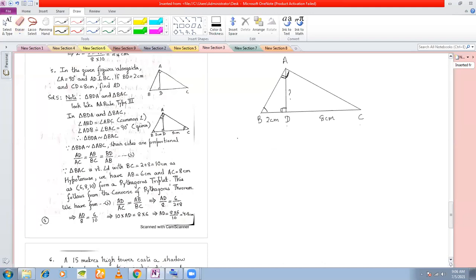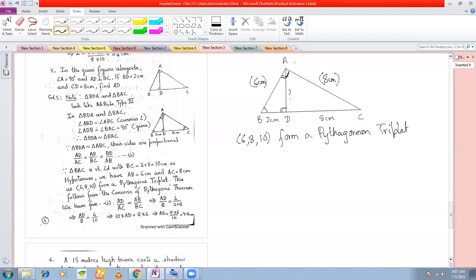You must look for a triplet. You see Pythagorean triplets, if you have done, you see that 6, 8, and 10 form a Pythagorean triplet. If this forms a Pythagorean triplet, then this length must be 8 centimeters. You can take it to be 6 centimeters also, no problem. Because it looks longer, it looks a little longer, so we'll take it as 8 centimeters. And you can take this length as 6 centimeters.